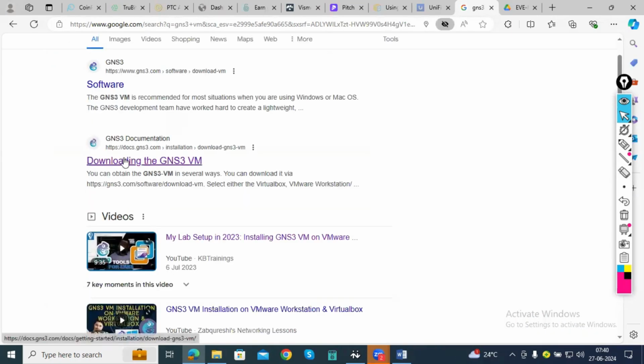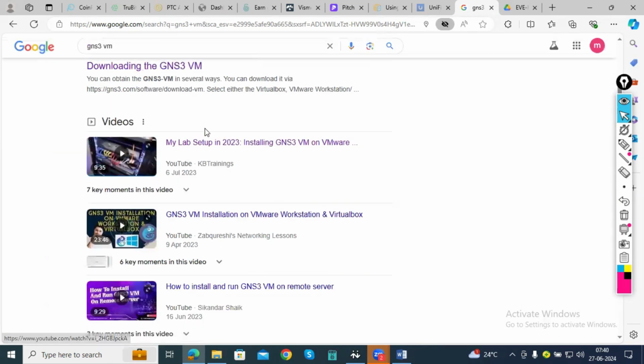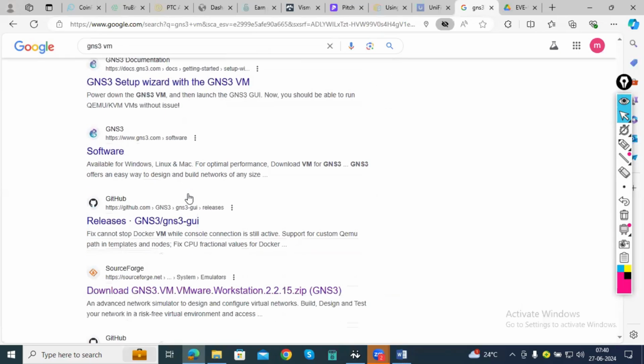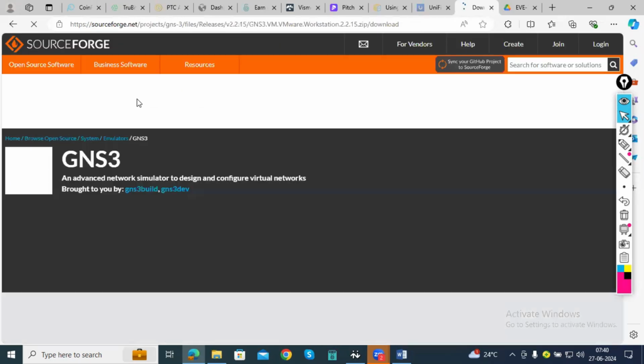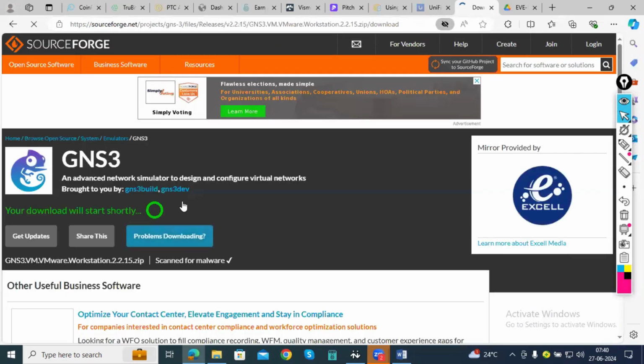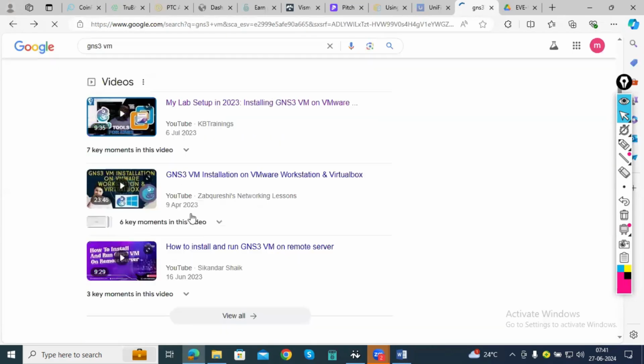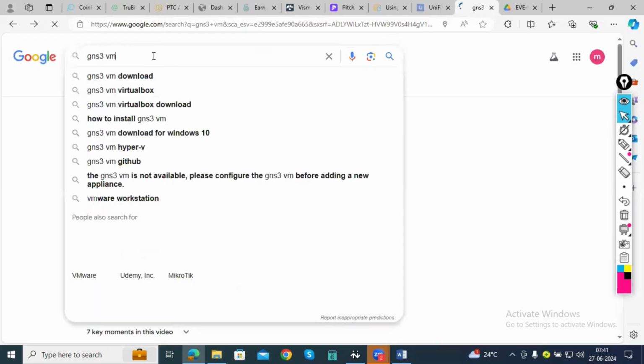You will get a download link. You don't have to go here, right? You can see the third party link. Okay, third party website link, and you can download it from here. So I have downloaded from here. Okay, that is sourceforge.com. So it will take you to the download link and you can download it from there. Okay, so I have already downloaded it, so I'm not downloading it again. And after that, you need to download the